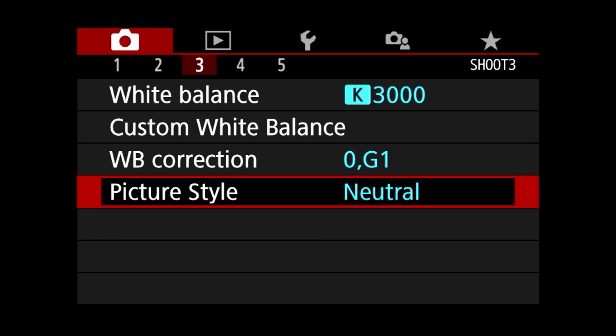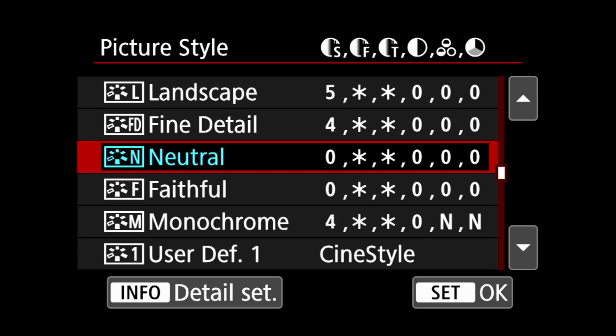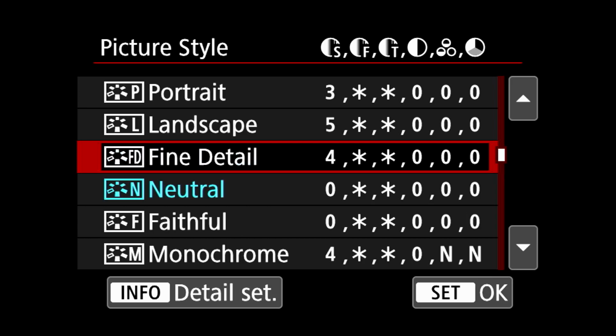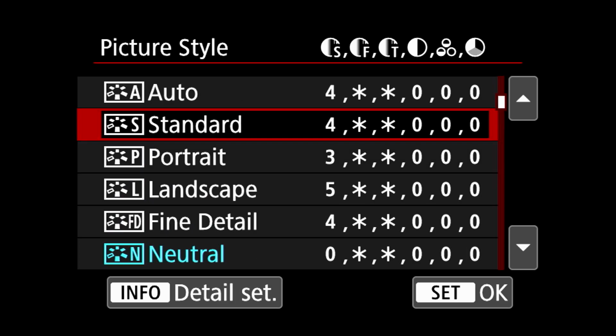So now let's skip over to category 3 here. We'll leave white balance for now because we're going to talk about that as we go. The only thing I would change here is the picture style. I tend to use neutral because it's more of a realistic color profile. You can use automatic or portrait, standard, any of these. This is more to do with personal taste, and it has a lot to do with your lighting as well. I tend to use neutral because, again, it's more of an accurate color, and then in post-production I can tweak the colors a bit more.